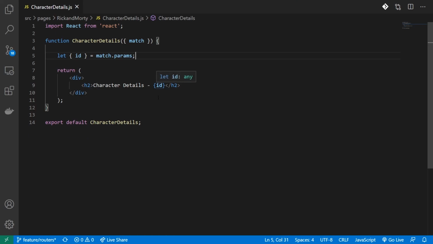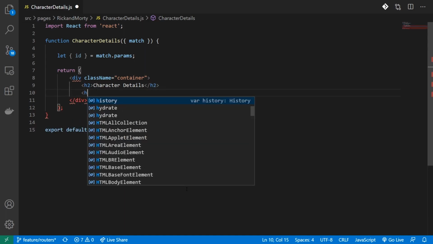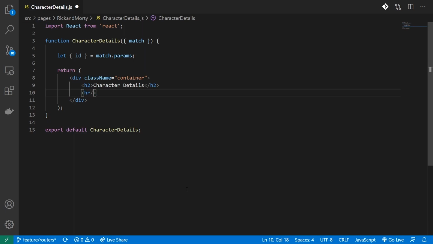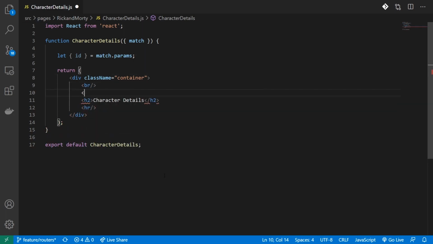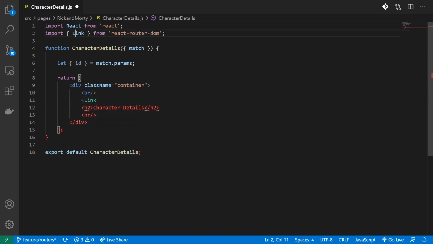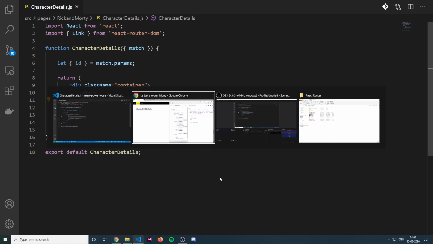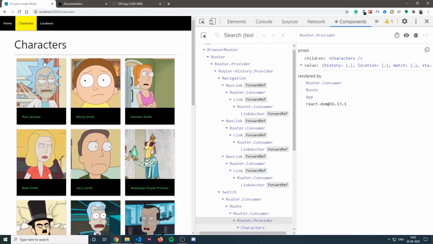Now let's start building out this page. I'll create a className container. I'll wrap everything inside a container. Inside my container, I'll add a divider, call it HR. Just above my header component, I'll use a link to navigate to my previous page. I'll import a route changer Link. And inside my to, I'll give /characters. Now you can see I have a back option to my characters page.